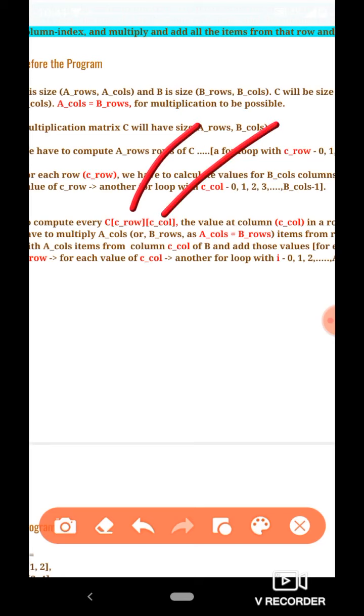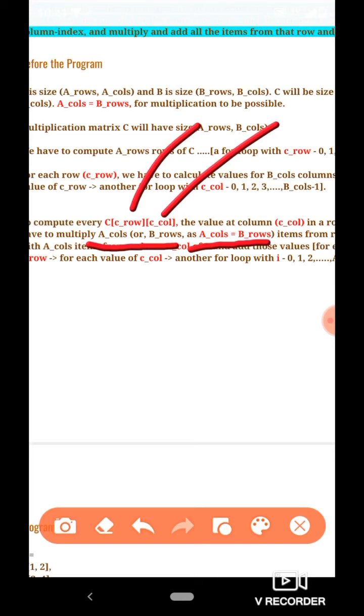Now how many items will there be in a row or a column? Obviously it is equal to A calls or B rows, because these two must be same. As we said, this is the condition for the multiplication to be possible.